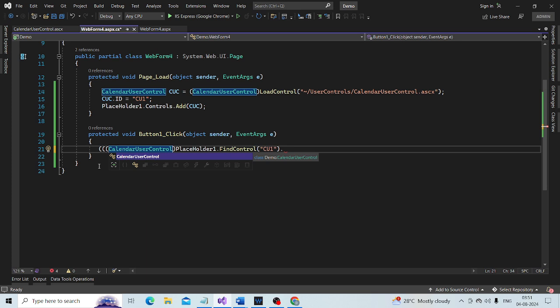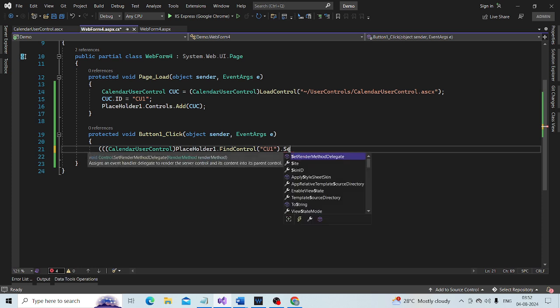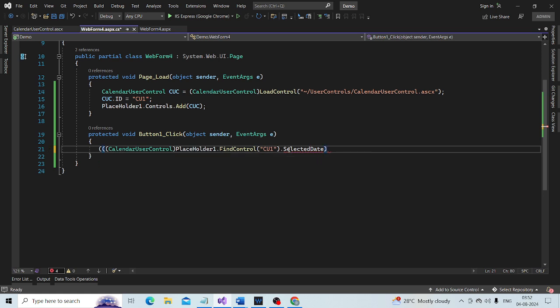We want to retrieve that SelectedDate property, which is of type string, and print that on the web form.